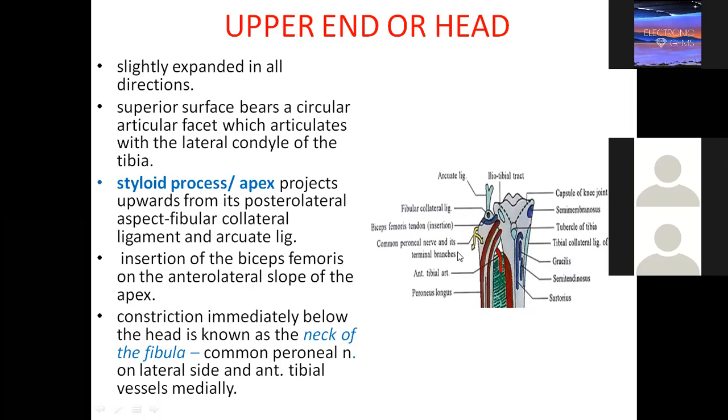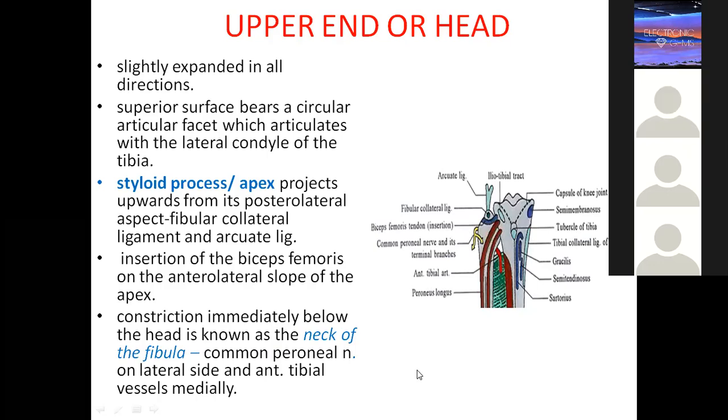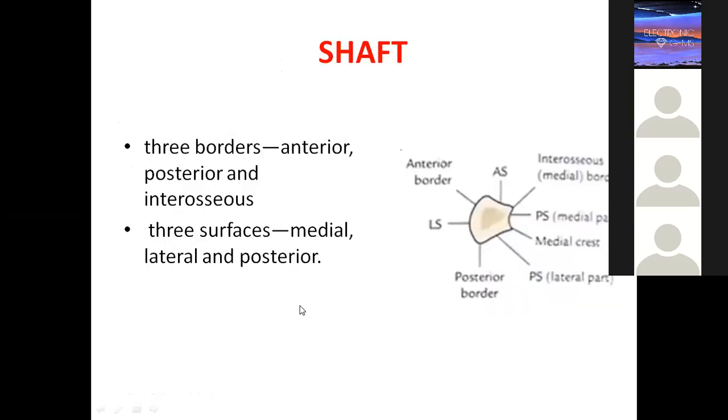Okay, do you remember the surgical neck of the humerus is related to which nerve? Hema? Axillary nerve. Axillary nerve, no. So here which nerve do we have related to the neck? Please remember, because foot drop is a condition which occurs whenever there is a fracture of the neck of the fibula. Okay, you should know. The neck of the fibula is related to the common peroneal nerve, which is now dividing into superficial and deep. We will discuss in much more detail, but the initial small points you should also pay attention to.